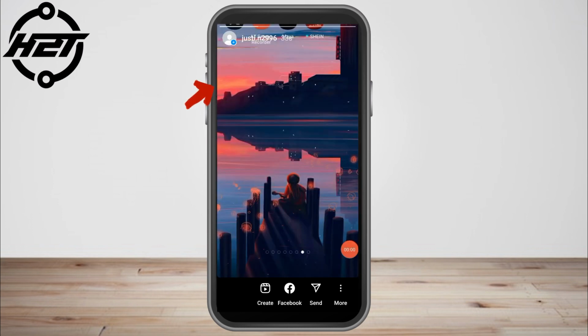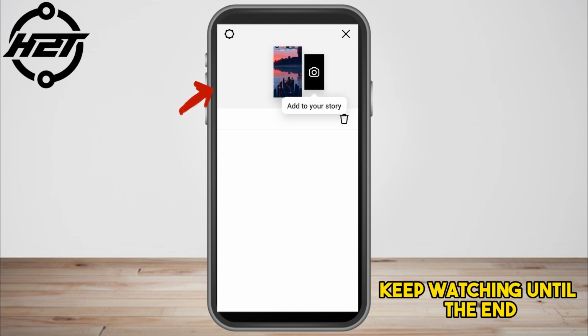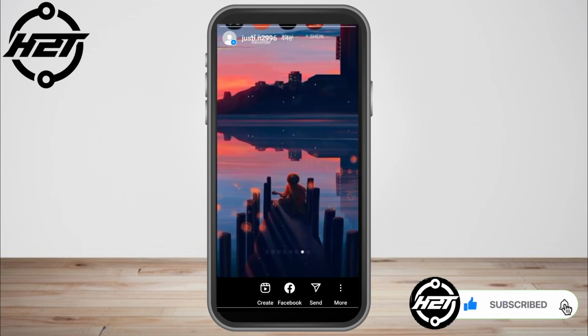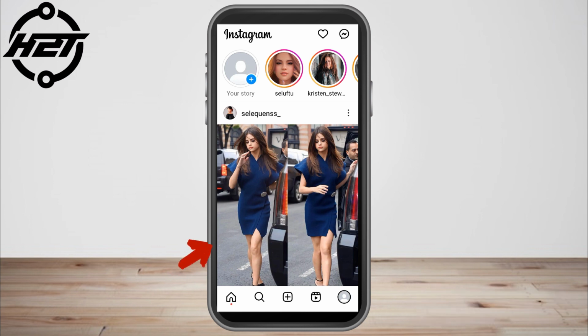If you have posted a video on your Instagram story, yes, it's possible to view those people who viewed your Instagram video, especially if these are your friends. If you set your account to public, probably you cannot see all the people who viewed your Instagram story.